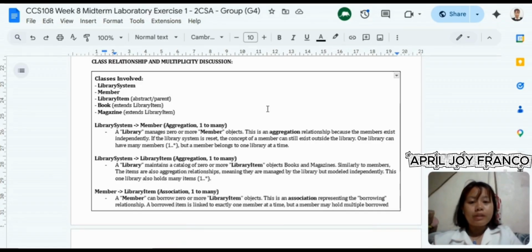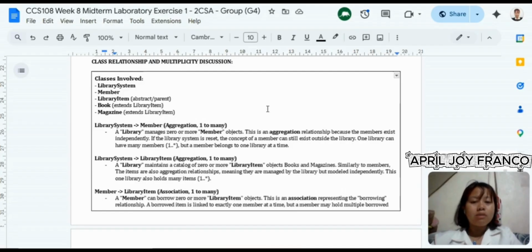The third relationship is between member and library item. This is an association relationship, because the member class has a private attribute called borrowed items, which is a list of library item. This means one member can be associated with zero or more library item objects at a time, giving it a multiplicity of 1 to 0 or many.